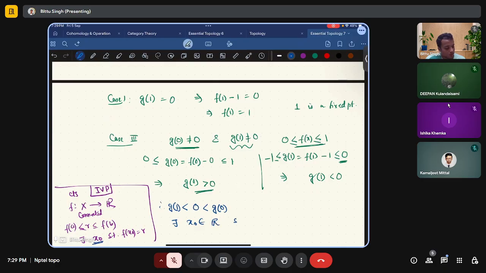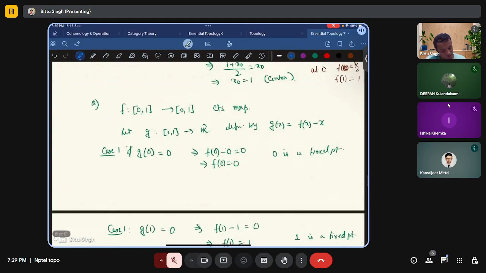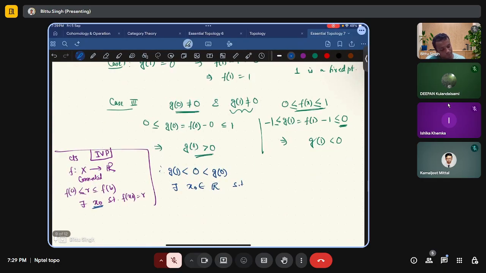Domain means the closed interval [0, 1], such that g(x0) will be that intermediate value. Okay, g takes all the intermediate values between any